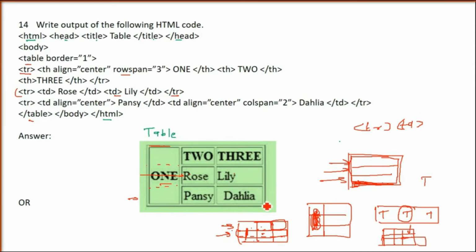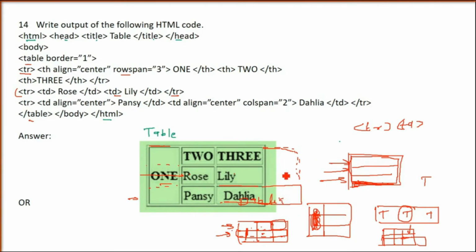1 column, 2 column. So if you see the size of Pansy and Dahlia, you can easily see that Pansy is taking 1 column, Dahlia is taking 2 columns. So colspan is 2 now. Okay. So this is how it is taking 2 columns. I just tried to show you how it has extended. It has not extended. The only thing is Dahlia is going to take 2 columns. So you can assume it to be taking two columns, Dahlia. Okay. 3 will be there, Lily will be there, Dahlia. All these sizes will be the same, but it will be two columns. Right? So this is how it is done.